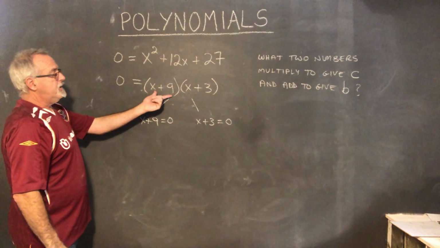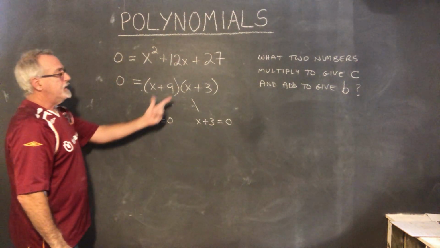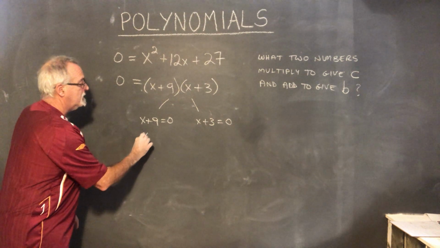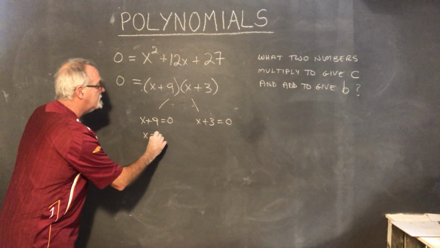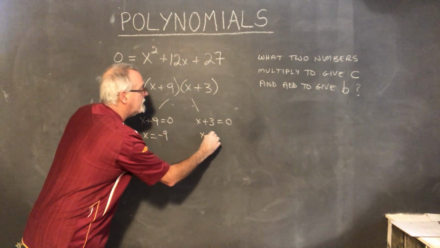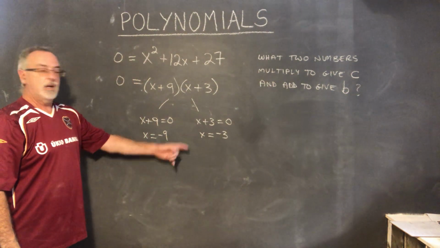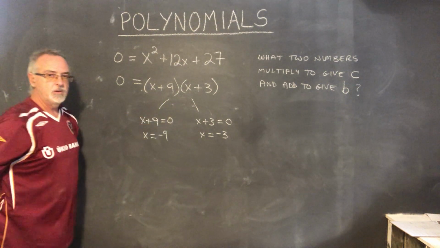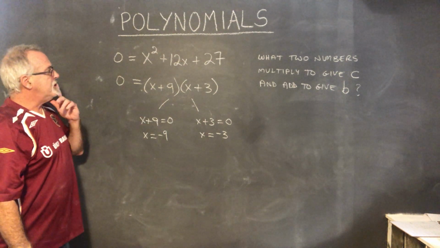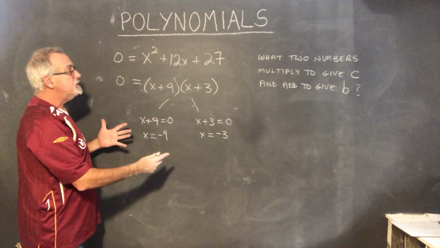So I'm just making each of these things equal to 0. And I'm going to get two different answers. I'm just doing algebra. I'm subtracting 9 from both sides. And here I'm subtracting 3 from both sides. I'm getting the same answers that I did the other way, but this is a more efficient way of showing it, I think. So, to find the roots,